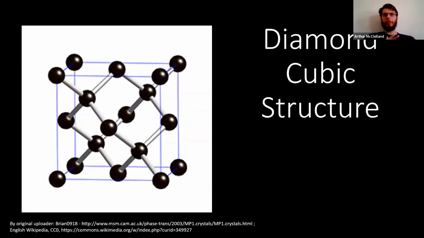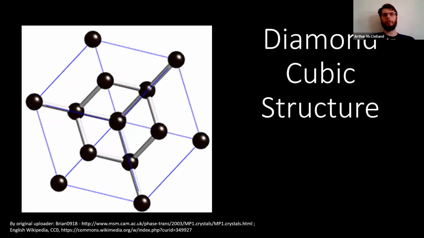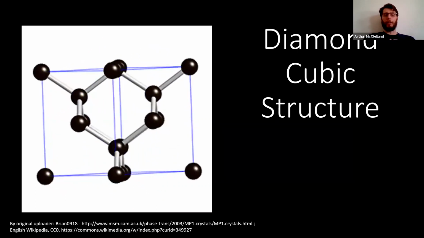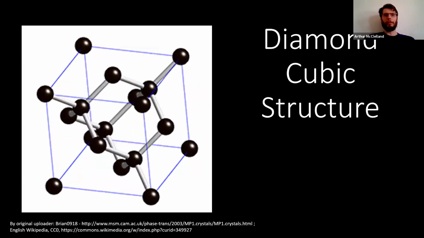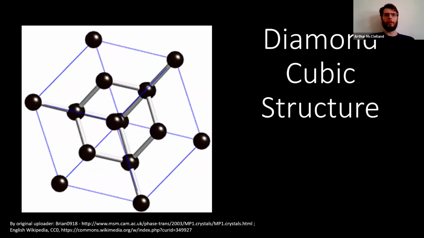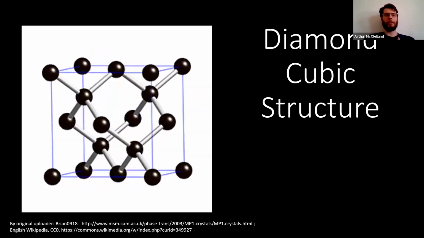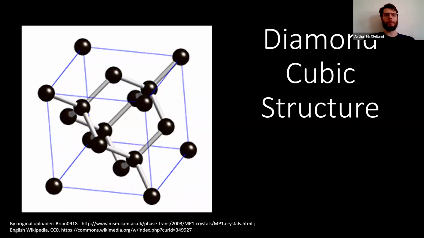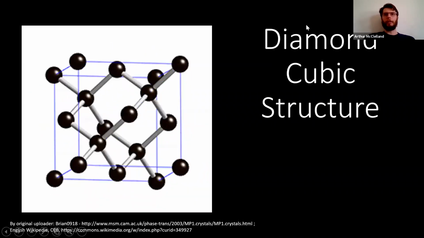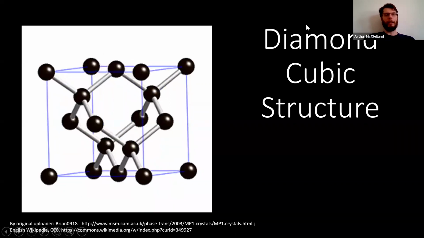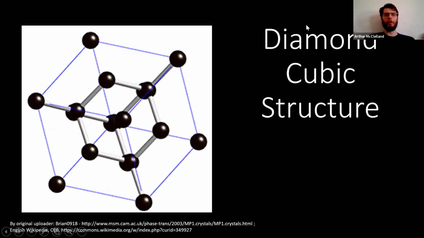As an example, here's the diamond cubic structure. It's a fairly important structure. It's the structure of silicon. So all your silicon, germanium, classic semiconductor devices are in this structure. And diamond, which is one of the quantum materials that you see at CIQM fairly often, is also this structure. So as the model rotates, does anyone have an idea of what the basis and what the lattice for this diamond cubic structure is?